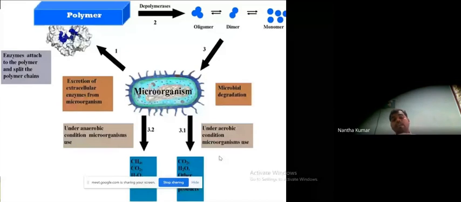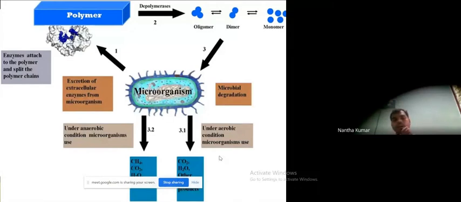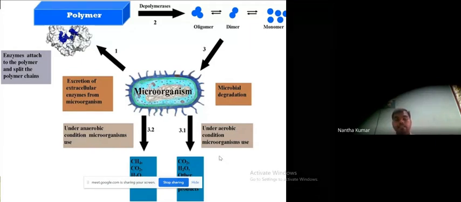So here the environmental condition is again very important. When we go for aerobic conditions, the degradation process will be high and the end product will degrade completely. So it depends on the bacteria, the pollutant, and the secretion of enzymes. All these conditions, as well as the bacterial nature and its characteristics, are very important in selecting the appropriate product or microbes for the bioremediation process.